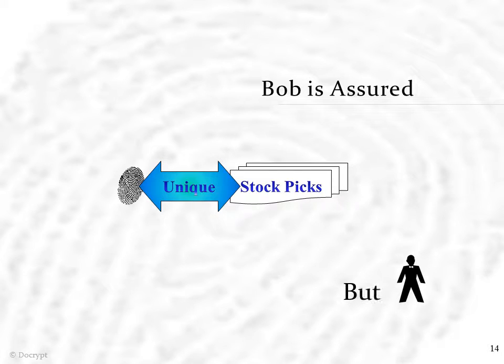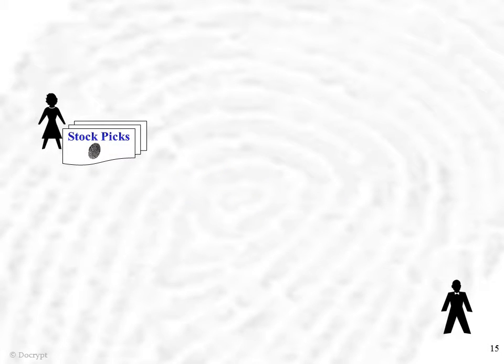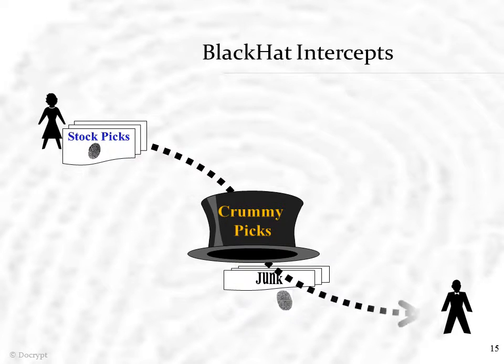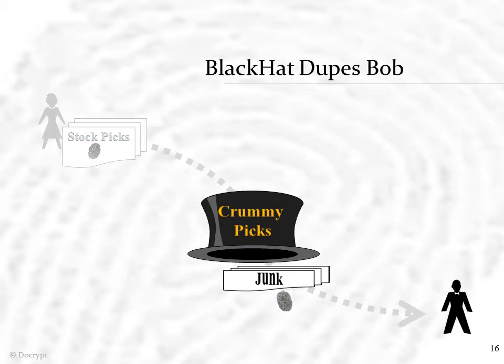But this doesn't get our boy Bob all the protection he needs. It's easy to see why. Some attacker, we'll call him Black Hat, wants Bob to buy his crummy pick stocks. He makes and fingerprints another newsletter, intercepts Alice's, and replaces it with his. Bob would go through that same process as before. He would fingerprint junk, come up with the same fingerprint as what's in the envelope, and the fraudulent masquerade is